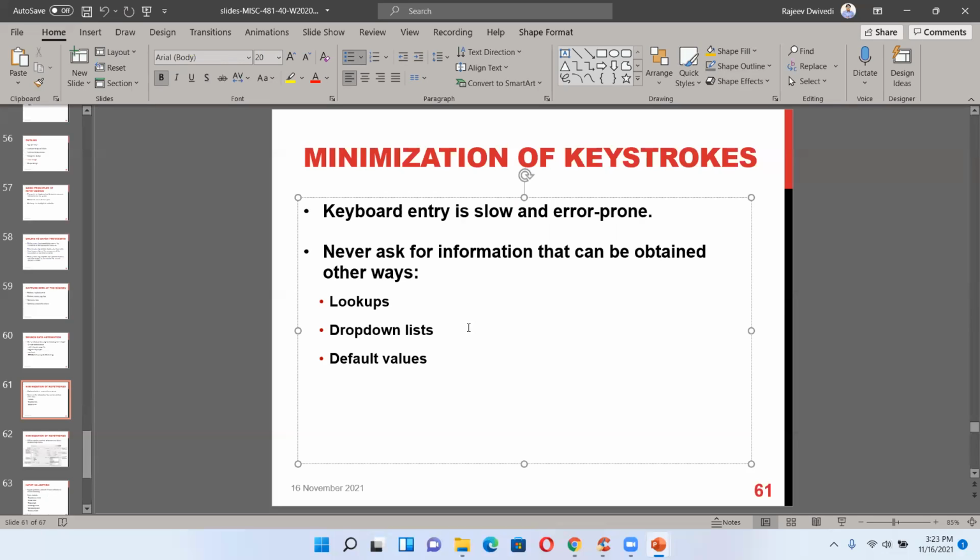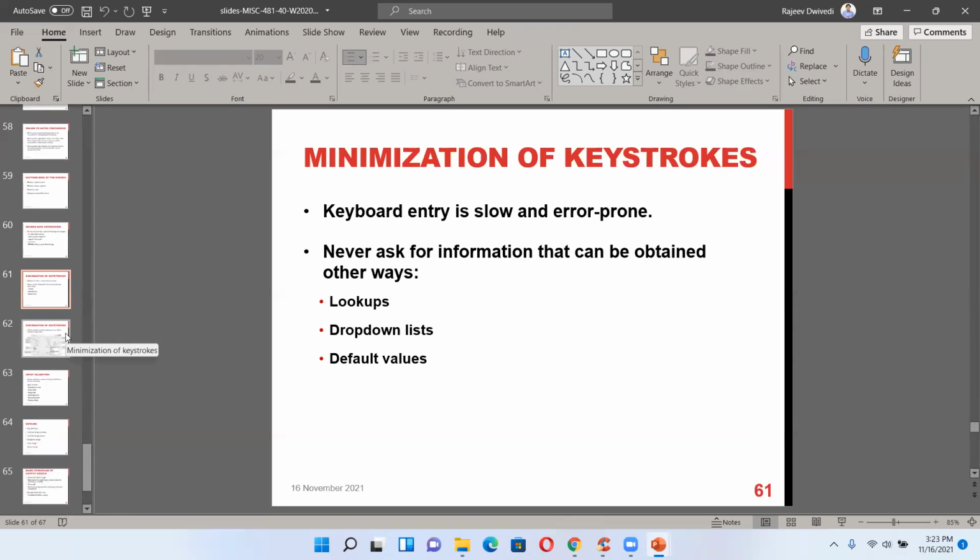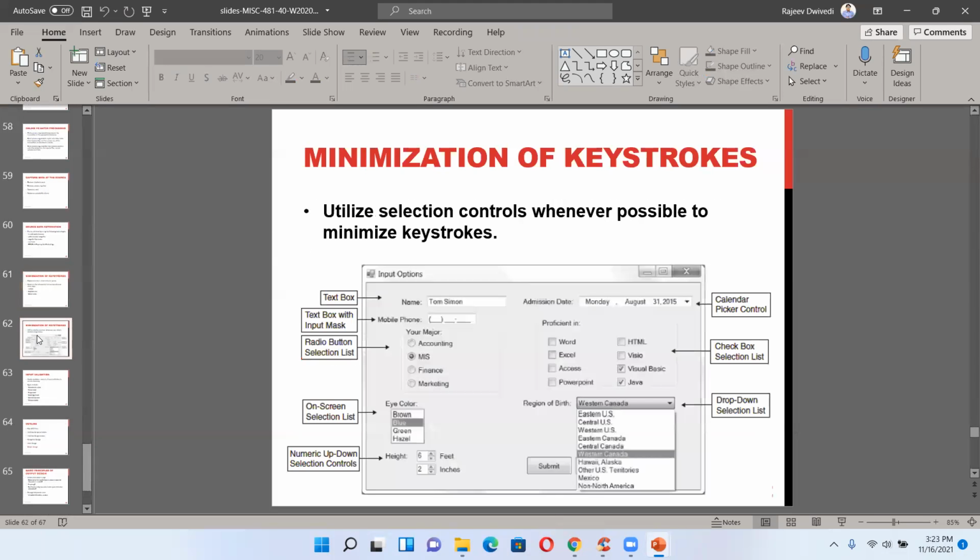There is always a problem with date of birth, so nowadays a calendar is always there. Avoid such things when you are designing any system. So this is minimizing keystrokes when you are designing.